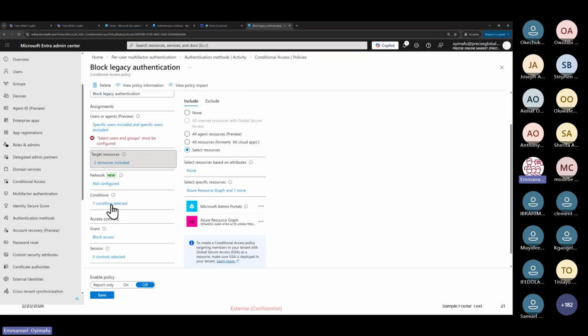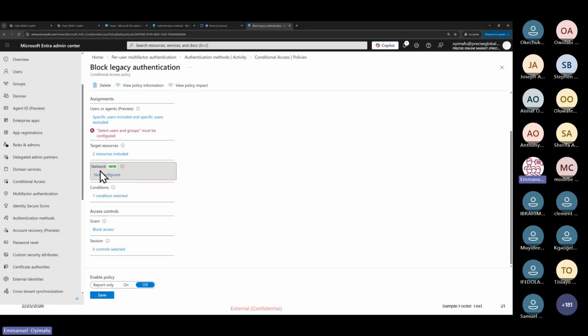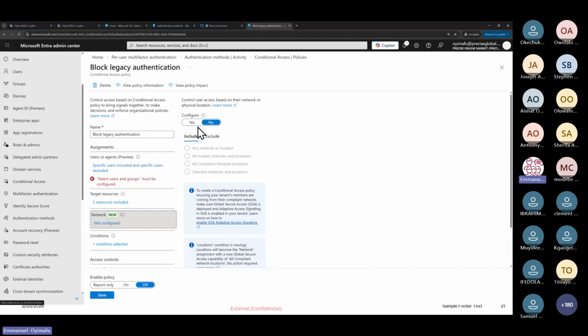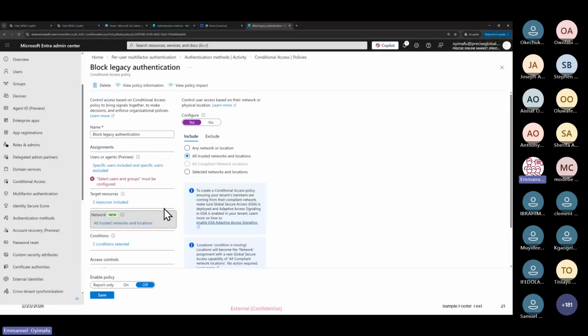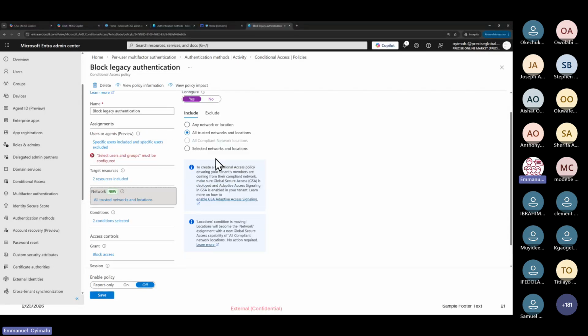So these are those signals we're talking about. You can scope it to network, like if the person is trying to sign in from maybe any location, you can exclude your trusted location. So if I say any location now, that means if the user is trying to sign in from any location, the person will be able to access. If I say all trusted networks and locations, meaning that I will have to have already set up trusted locations. But I just want us to understand how to set conditional access policy. And I have good news for us. So once I show us, I will just give us that good news.